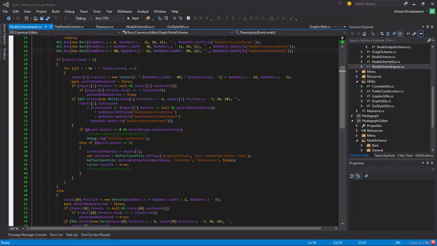Things, numbers, and after that I will handle the connecting of the nodes, and then after that processing the context menu for breaking the nodes. Okay,